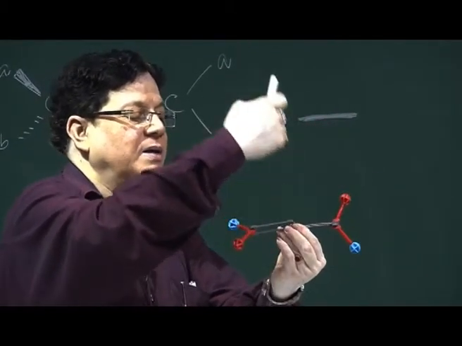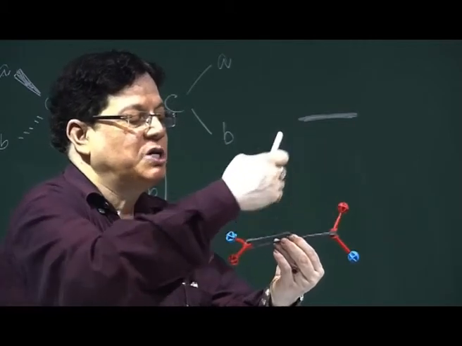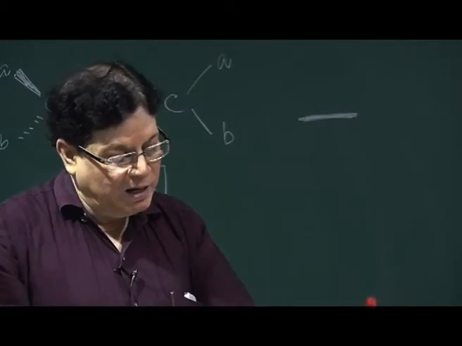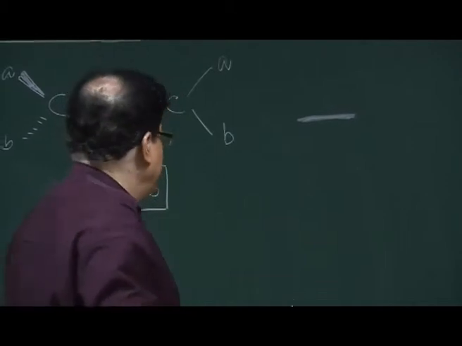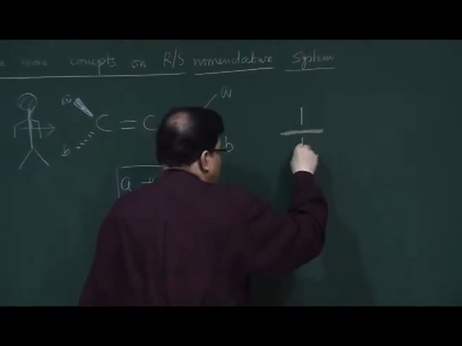If I think of the plane here, you have a back projection from this side, and a front projection from this side. So, they will again look like a cross,